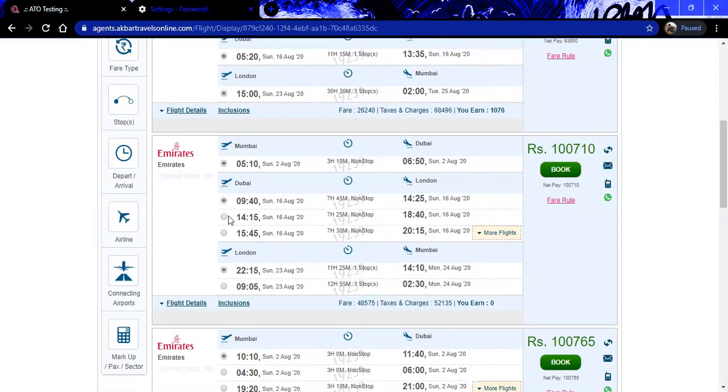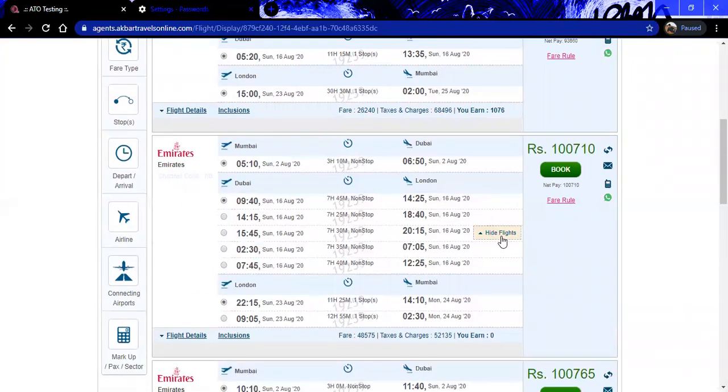So you can select as per the customer's convenience and go ahead with the booking. If you wish to see more flights, click on this and it will show more flights. You can give the preferable time for them also and select the flights accordingly.